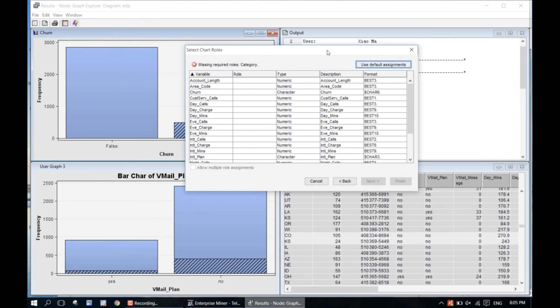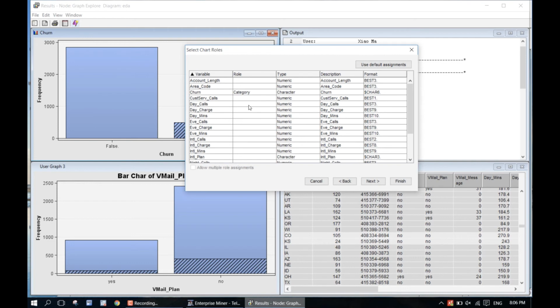For a pie chart, by default you have to have a category first. The category is typically the outcome, right? It's the condition that separates the two outcomes. So that's the churn. So you want the churn to be the category,